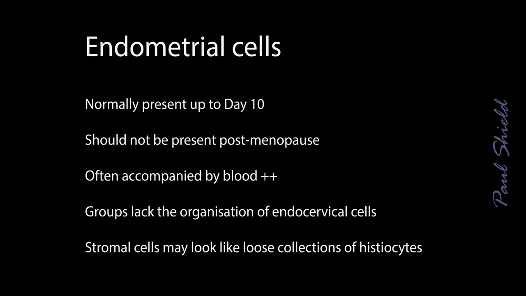In summary, endometrial cells are much less common than endocervical cells. They should only be present up to day 10 of the menstrual cycle, shouldn't be seen at all in postmenopausal patients, and they're frequently accompanied by blood because they're a menstrual finding. The cell groups are easily told apart from endocervical cells usually because they're much less organised, with no honeycomb or palisading. Occasionally you get groups of stromal cells that can look very similar to histiocytic cells, and we'll talk about them